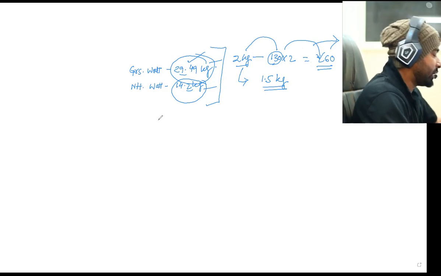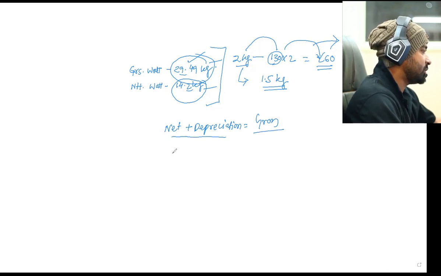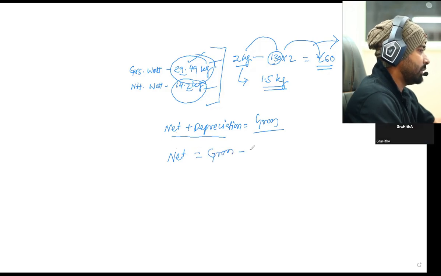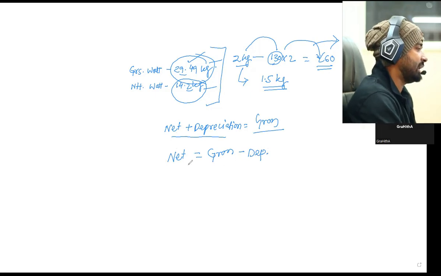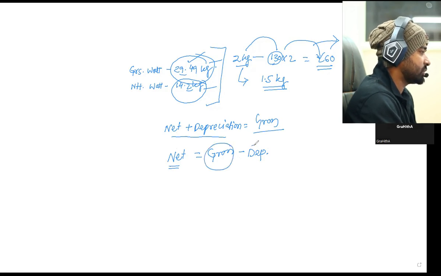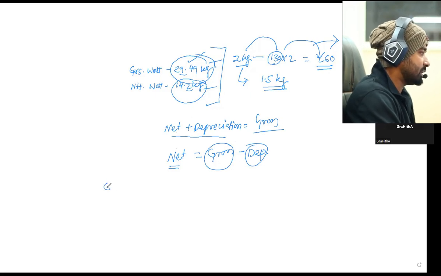Now if you're talking about the gross, net plus depreciation becomes gross, correct? So net plus depreciation becomes gross. If I'm talking about the net, I find it as gross minus depreciation. So you can see the relation between gross and net. When you want to find the net from the gross value, you should subtract the depreciation. So now if I'm talking about gross investment,